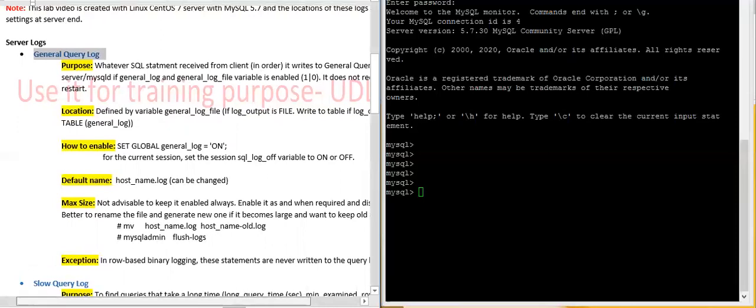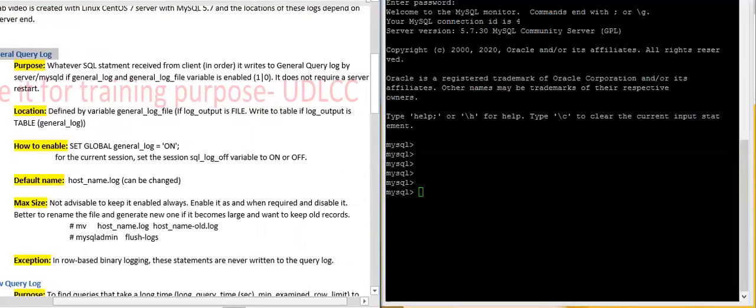What will be the location? The location of this general query log will be whatever is written in general_log_file and log_output.